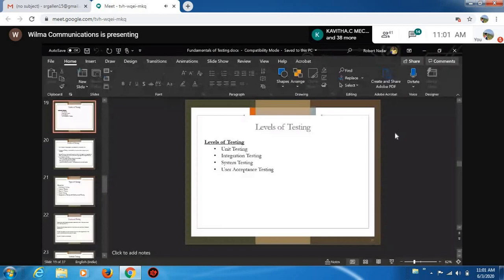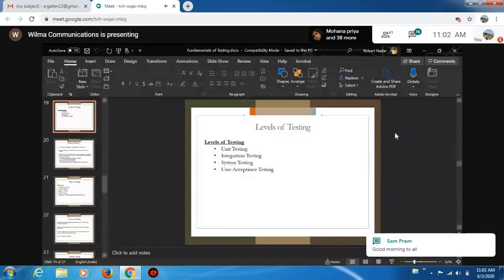If I want to develop a product, I have different stages of the development life cycle. Same as it is, if I want to conduct manual testing, or if I want to conduct automation testing, I have different testing stages. So what are the different testing stages? We have unit testing, integration testing, system testing, and user acceptance testing. This is also called a testing level, software testing level, or we can also consider it as software testing stages.